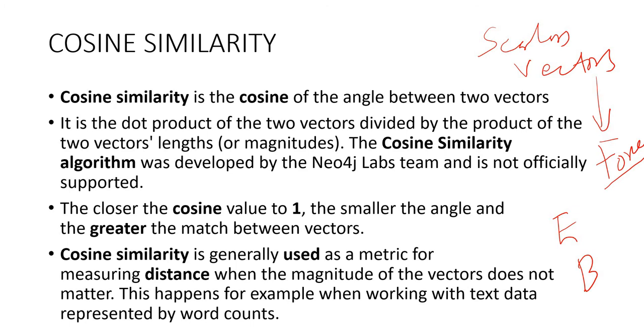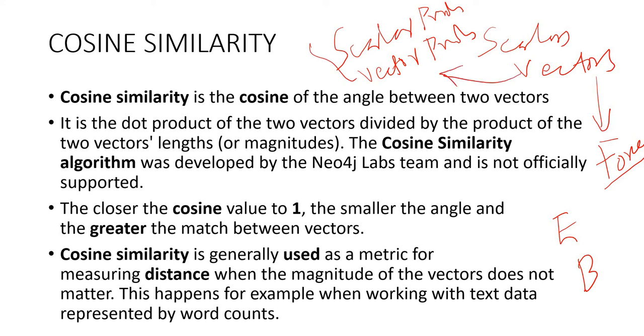For vector multiplication, there are two types of rules we follow. One is the scalar product and another one is the vector product. These two are for the multiplication of vectors. The cosine similarity comes from the scalar product. I will discuss how. We define cosine similarity from the scalar product of vectors. I am not discussing the vector product here.